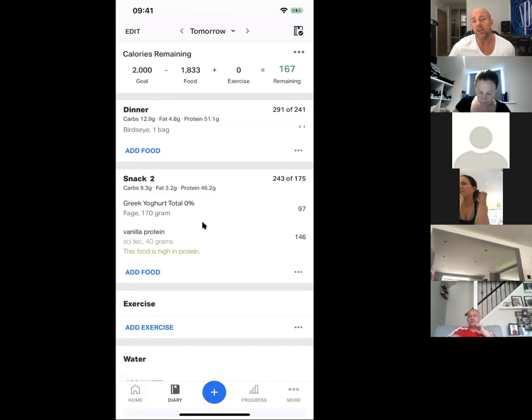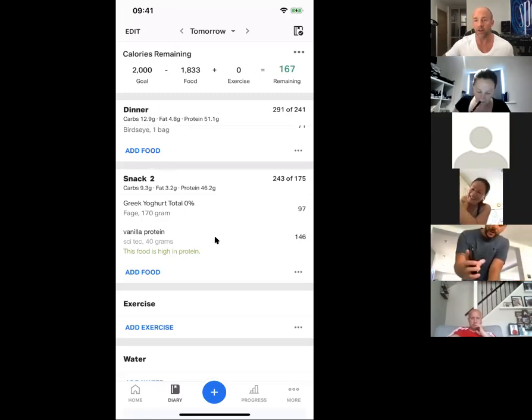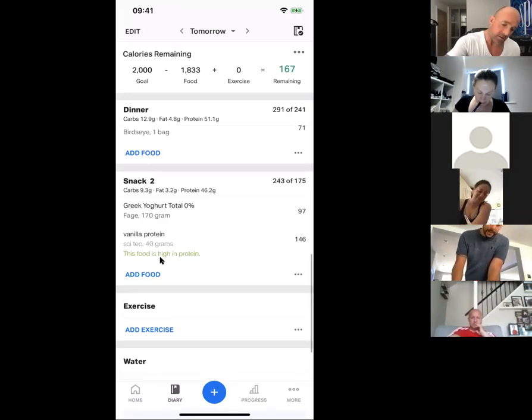So what we do, you're thinking, why am I having a protein shake with yogurt? If you whip the protein powder into total Greek yogurt, it literally makes it like Angel Delight. So strawberry protein powder into Greek yogurt, whipped around, chocolate protein powder, vanilla protein powder, whichever flavor you'd have if you went to McDonald's and had a milkshake. If you had a chocolate milkshake, I'd get chocolate protein powder because it's going to be the next closest thing, okay? And then with that, I would also just add,